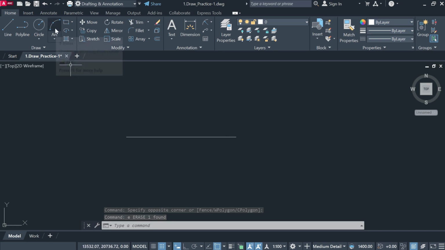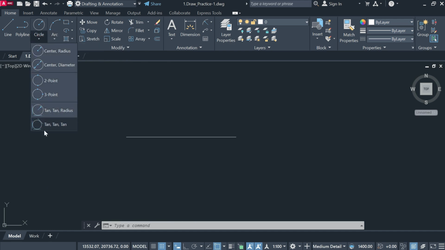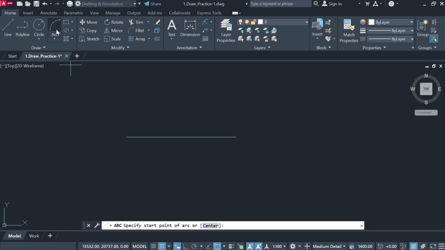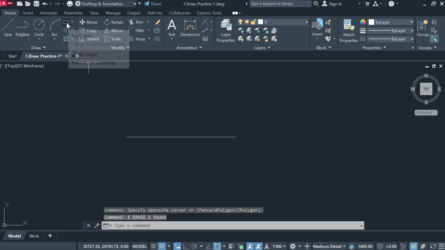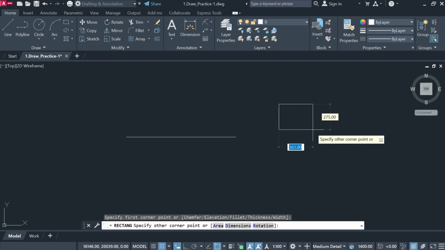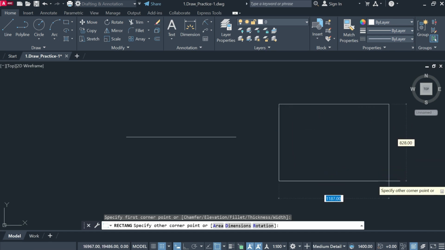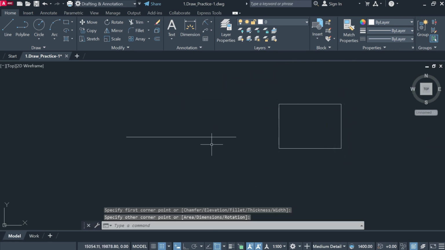Another tool is arc. For the arc you can draw in many types, as with the circle, you see the many types. So now I'm going to draw the arc. Just click once in a place here, 3-point arc, and here. Then it draws the arc here. Okay. Now I'm going to cancel it, delete it. Then come to the rectangle. Anywhere you click, where you want, just click and move the mouse down,